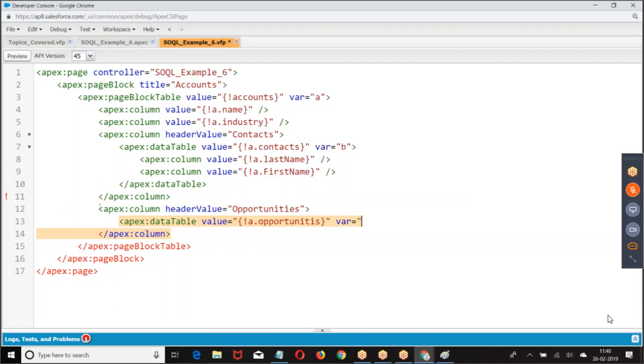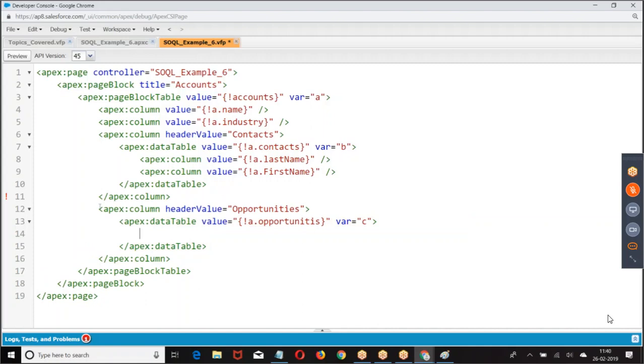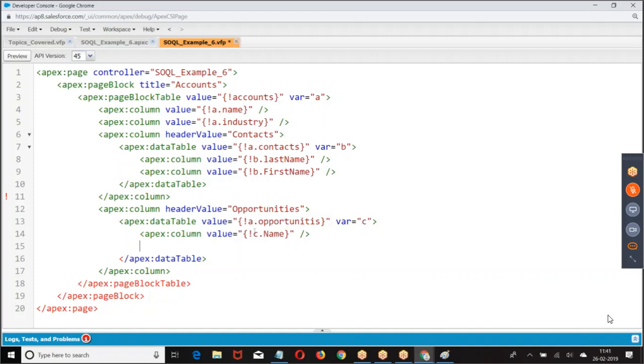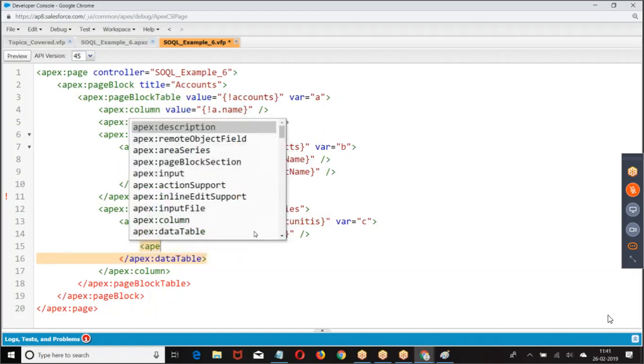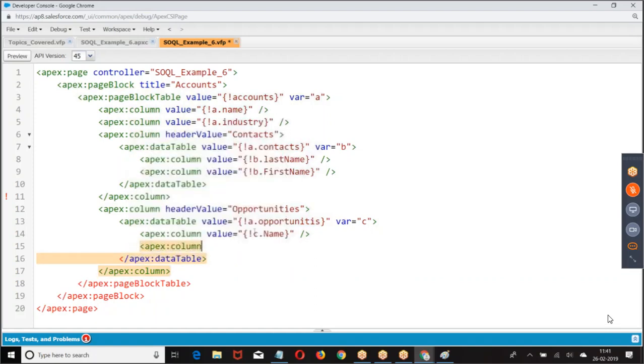Try to understand this point carefully. We're going to write a lot of logic on this. C dot name. This is how I give.